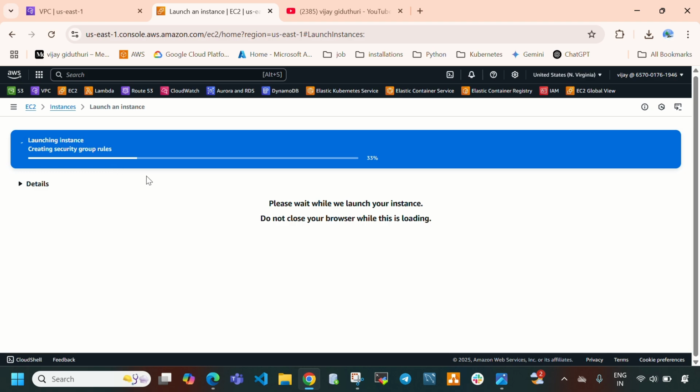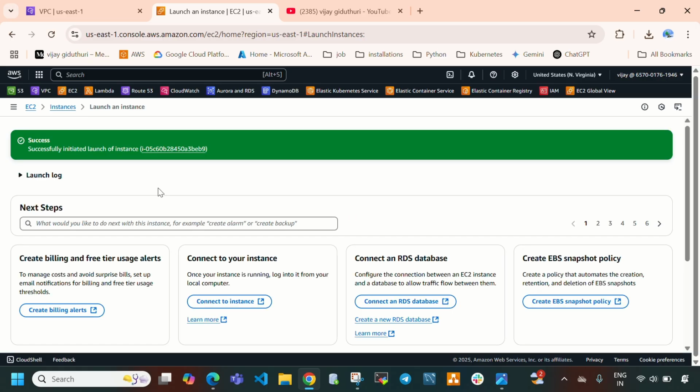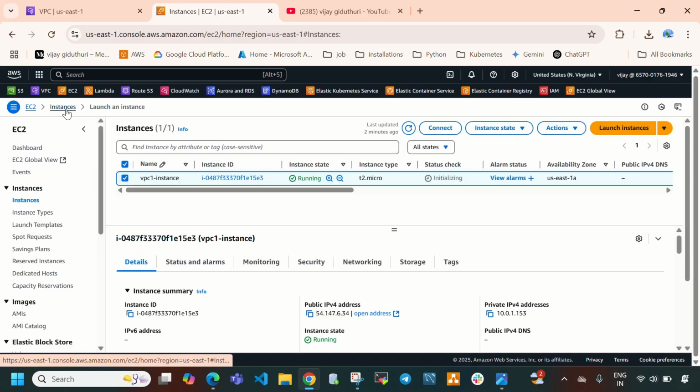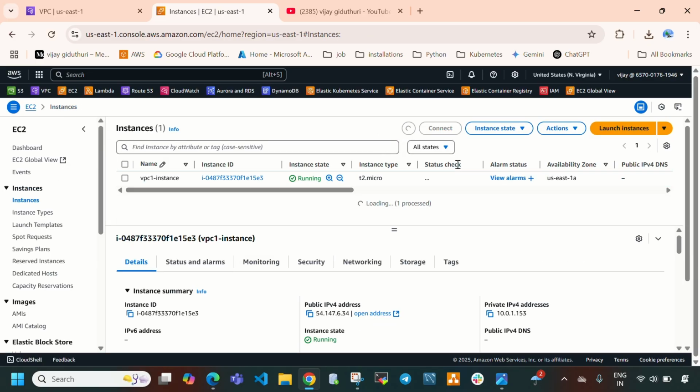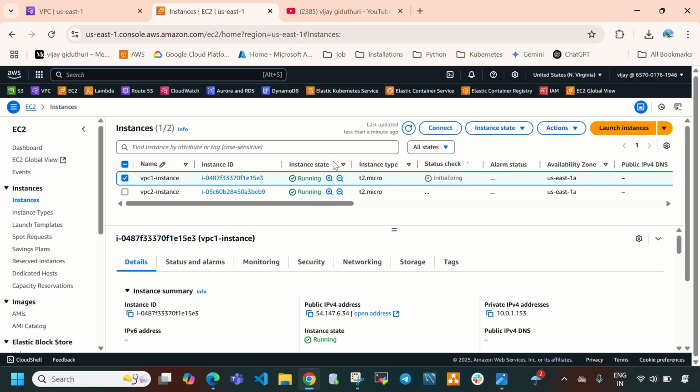So let's wait, then select instances and refresh this. Here you can see instance 1 and instance 2 are up and running.